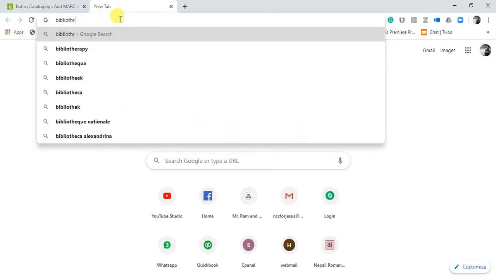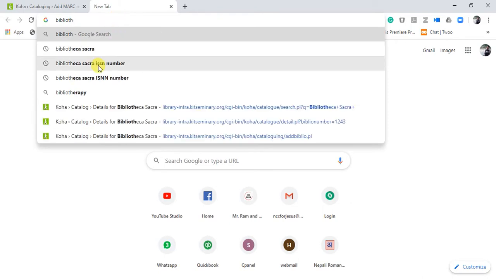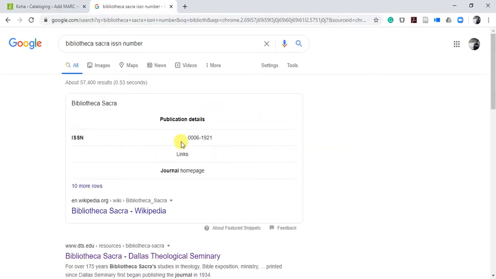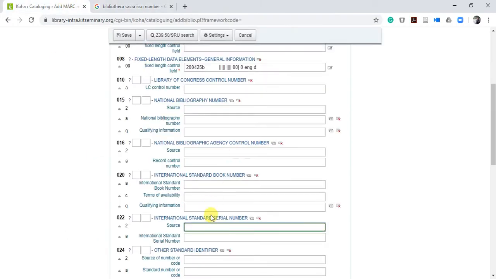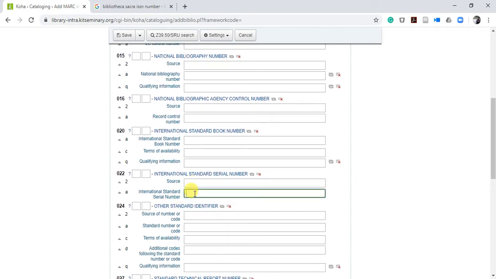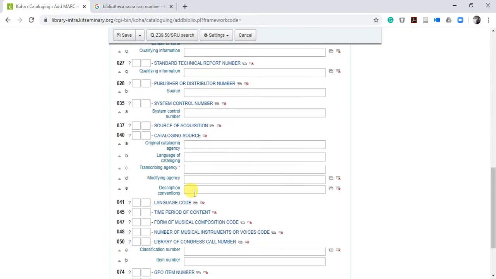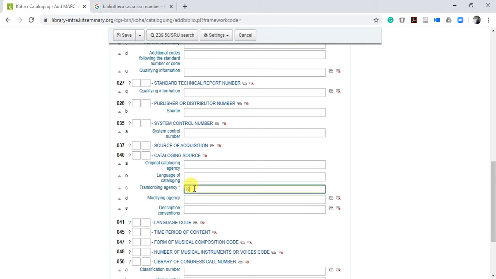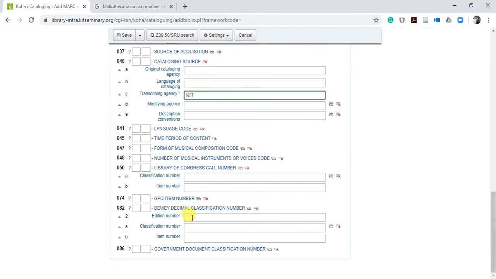If you don't know the ISSN number, you can just search for it. Okay, where is that ISSN number? Here, paste it. I'll put mine. Then the DDC number, the classification number, is 050.